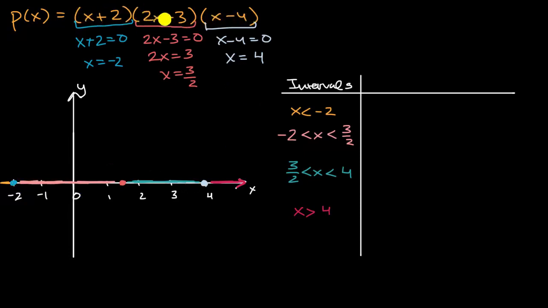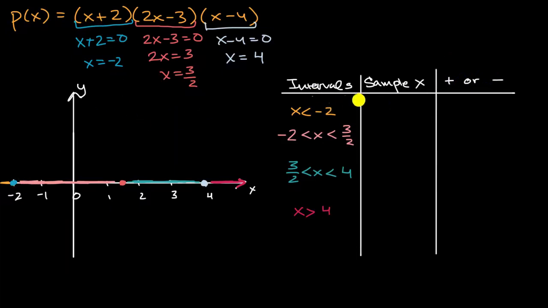Think about whether they're positive or negative and use our knowledge of multiplying positives and negatives together to figure out whether we're dealing with a positive or negative. So let's do it. We can do it both ways. So let's think of this as our sample x value. And then let's see what we can intuit or deduce about whether over that interval we are positive or negative. So for x less than negative 2,